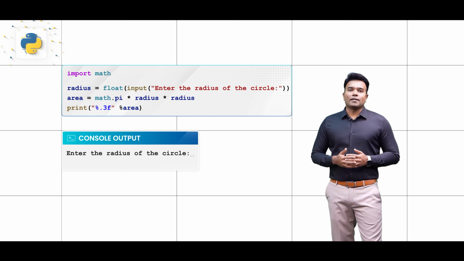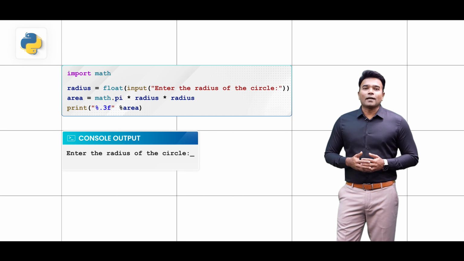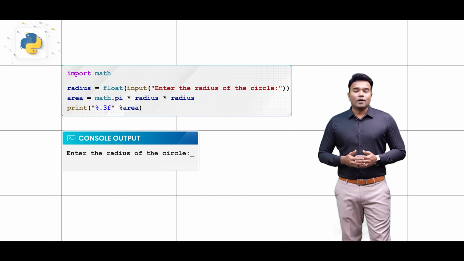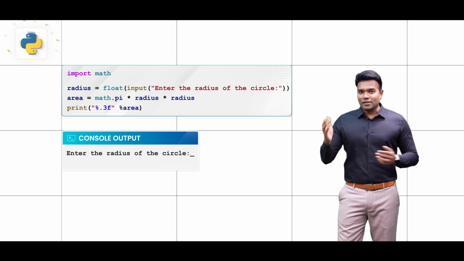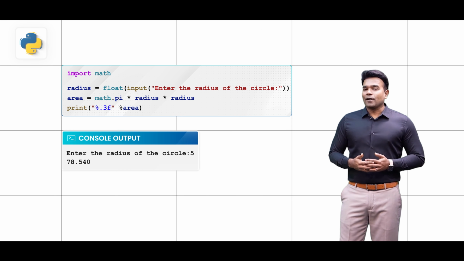Anyway, moving forward, I shall be speaking about all of this in great detail, but now upon execution, you can notice that we are not getting the output. Rather, a message is being displayed that you need to enter the radius of the circle. Now, it's your choice. You can enter the radius as 5 or 6 or 10 or whatever you want, but then I shall be entering the radius as 5,